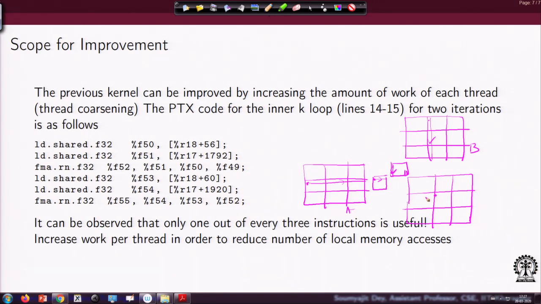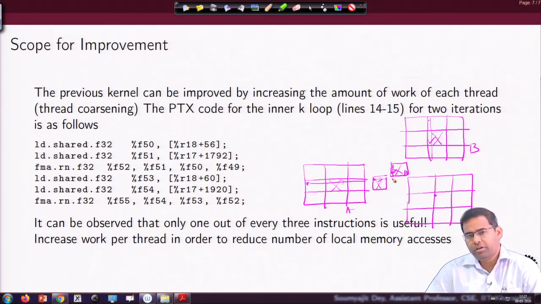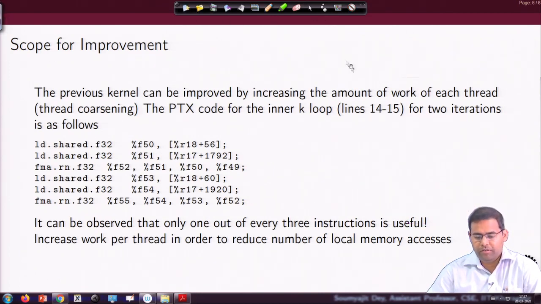In the next iteration of the outer loop, again all the threads in the block will load the data for the intermediate block here and then this block here, and then again every thread will perform the corresponding activities. So, now after it ends, the thread which is here has performed the partial sum of data up to this much and up to this much, right here, and it continues like this. So, that was our idea of tiling. So, just a small recall here, right.